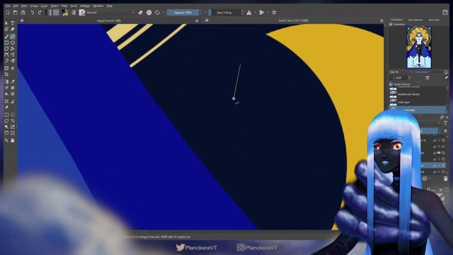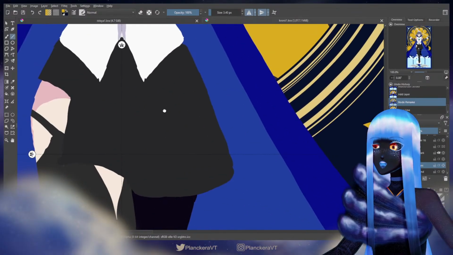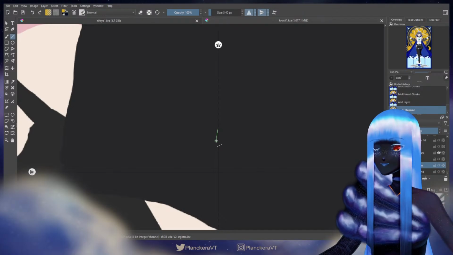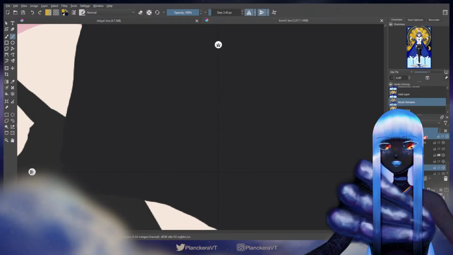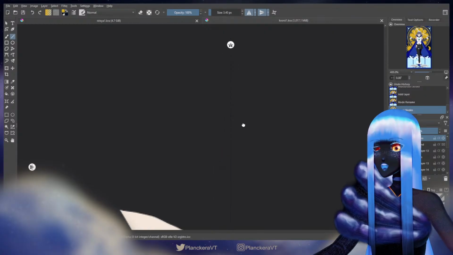Oh, I have this set to the wrong color. I guess I'll go draw it in the middle again. That was nice, just watching it be mirrored in real time. But I need to put the layer on top in order to see it. Okay. Third time's the charm. Here we go.